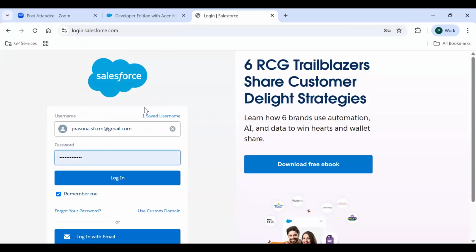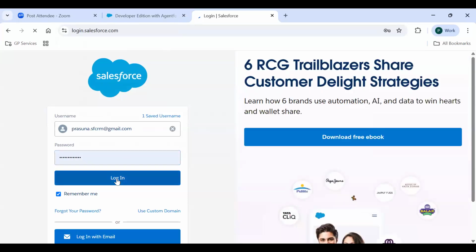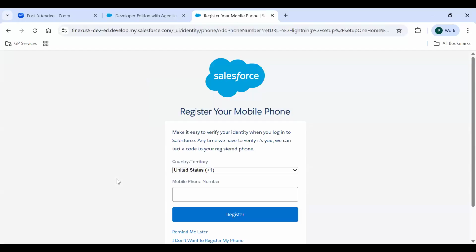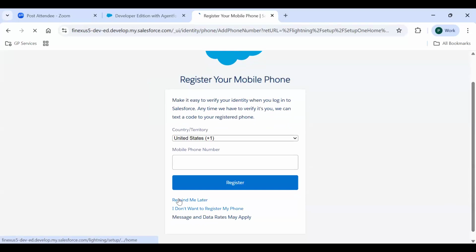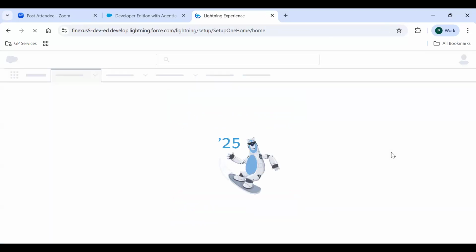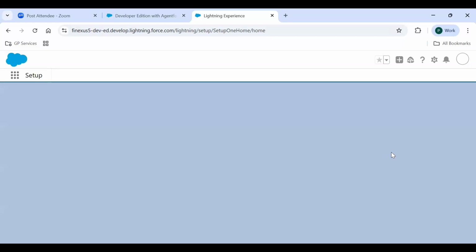So let me log into my developer account. Since I already have one and I have used the same email ID in multiple places, I have not created one here. So everybody is able to create the developer account.